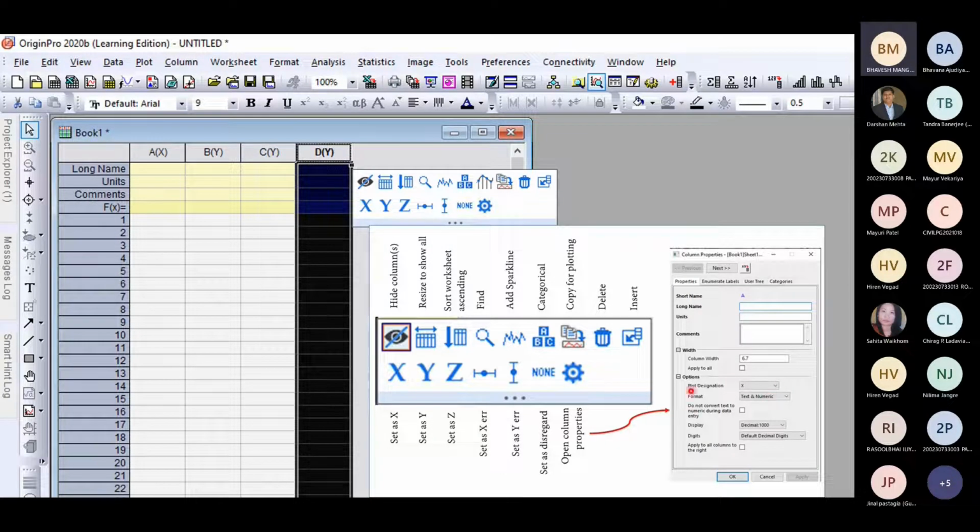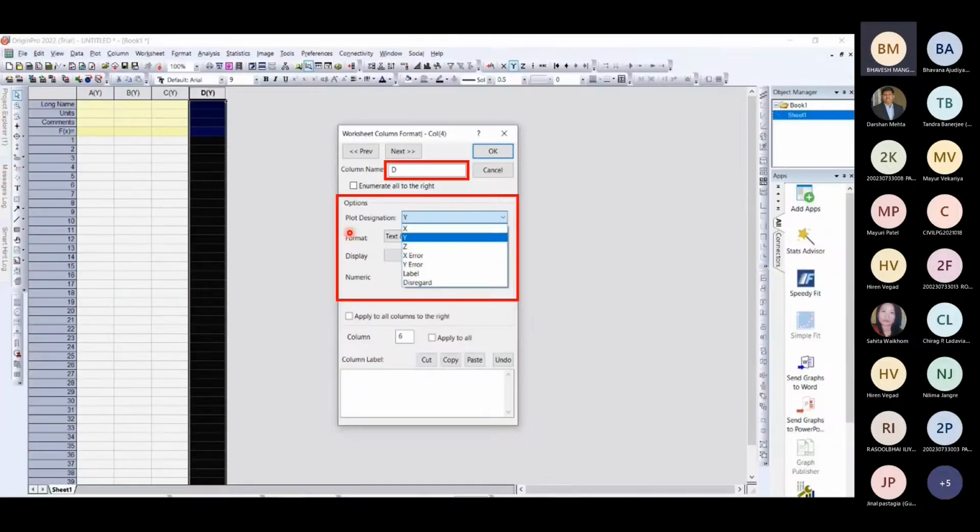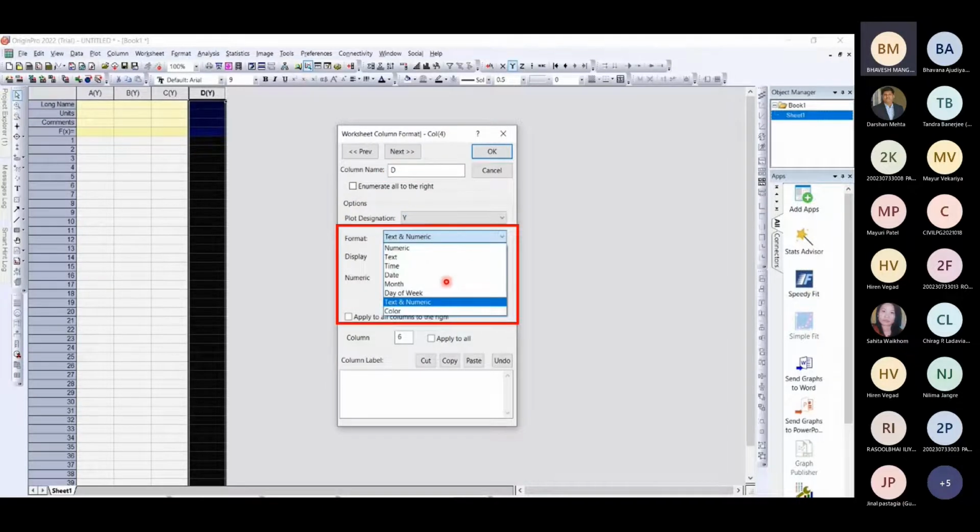In addition to that, other options are also there, like plot designation. So X, Y, Z, you can change through here also. In which format your data is, text or numerical, that you can change through here. So through this setting, you can carry out the setting of your data which is there in the column. So you can see X, Y, Z, X error, Y error, label, and disregard. This type of